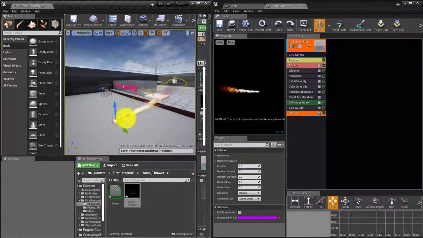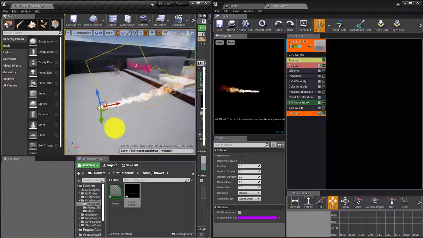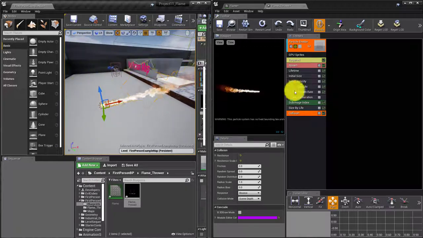Okay, so we now have our flamethrower. If at any point you want to go back and make this look slightly different, you can. Before we go off, the other thing that we need to do is